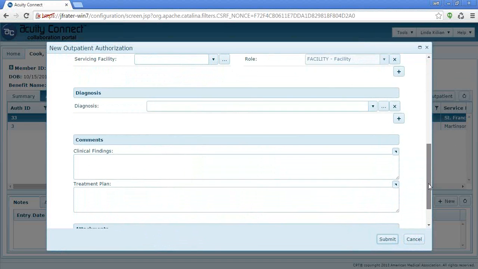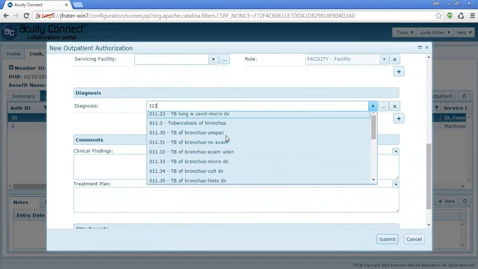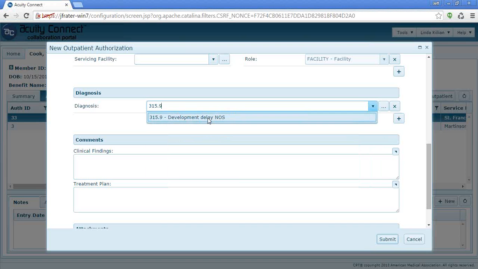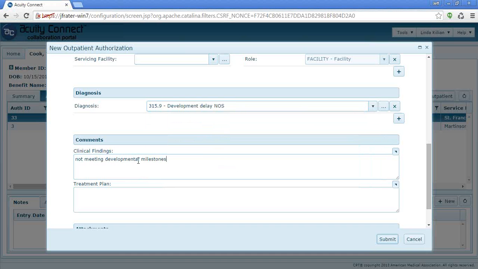Perfect. I see him. And, all right, so we're up to the diagnosis code. You know, 315.9 is the developmental delay nonspecific. That should be appropriate. All right, we'll enter that one in. And for clinical findings, I usually type in things for you like not meeting developmental milestones for motor or speech skills.